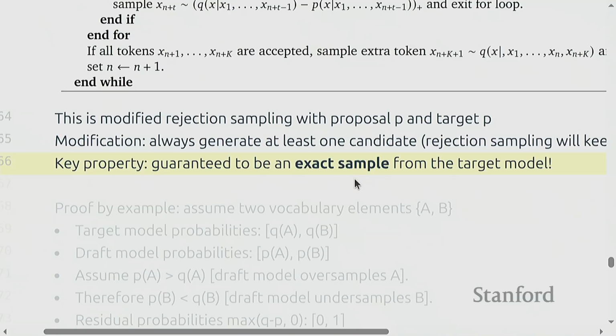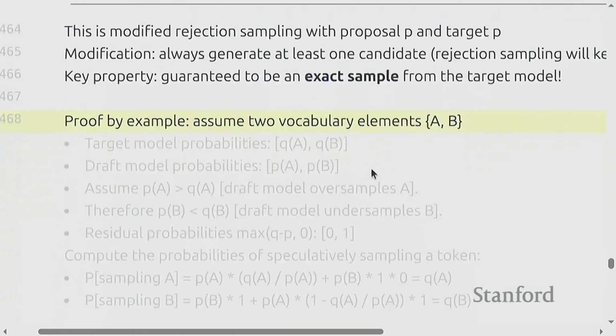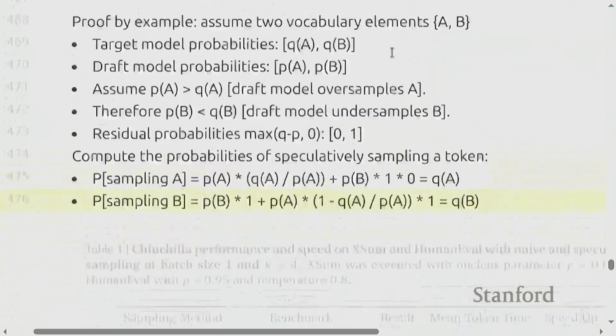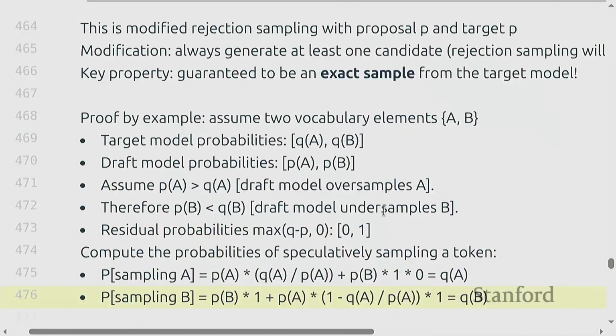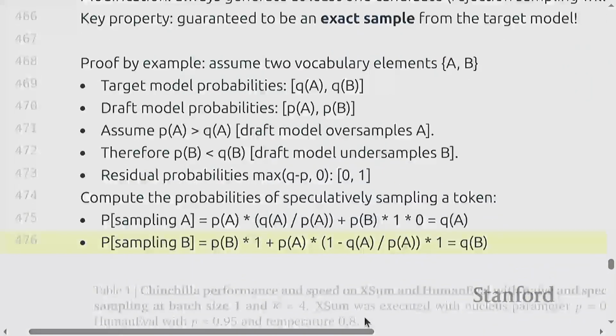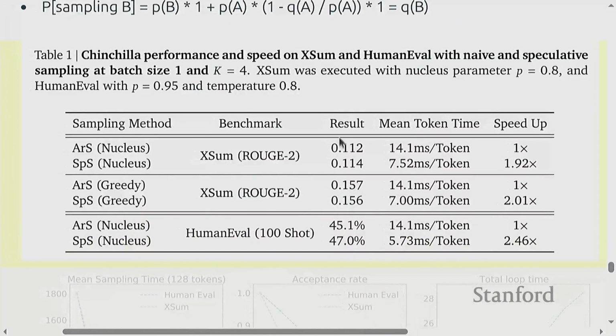Those of you familiar with sampling, this shouldn't be too surprising. You're able to use prior information to speed up sampling, but in the language modeling context, this is nice. I'm going to skip this; it's not really a proof. It's just some derivation to show that for a case of vocab 2, these formulas give you the right unbiased sampling procedure. And it works pretty well. The accuracy should actually be the same since it's the same model, but maybe there's some randomness there. The speed up is a factor of 2 essentially.